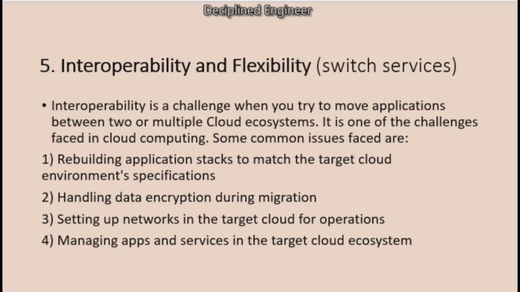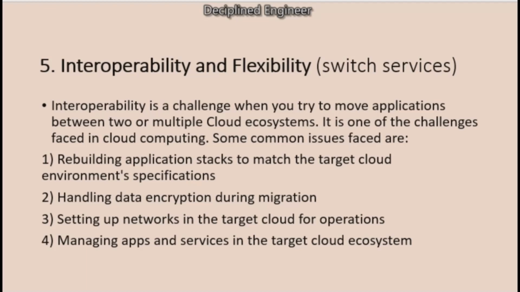environment. So when you move an application from one cloud environment to another, the new cloud environment may have different requirements than the original cloud environment. This means that you need to change or modify the application so that it works properly in the cloud environment. This process is called rebuilding the application stack, and it can be complicated and